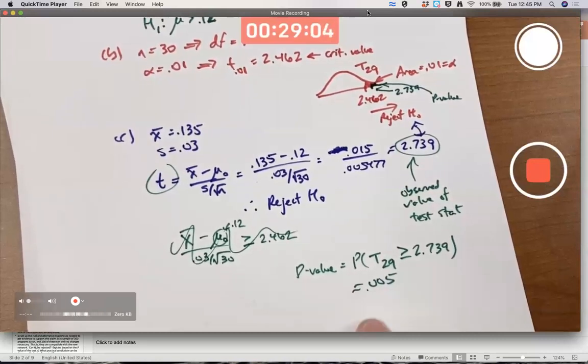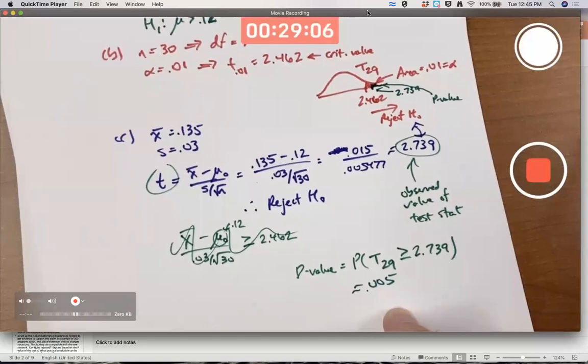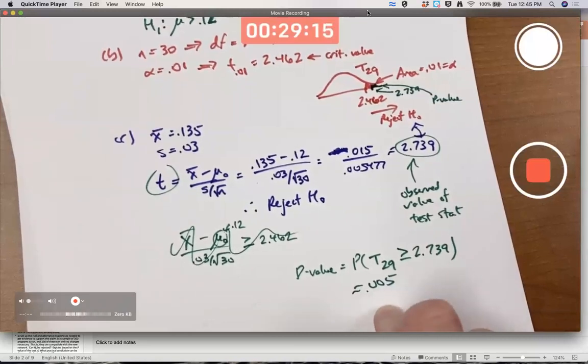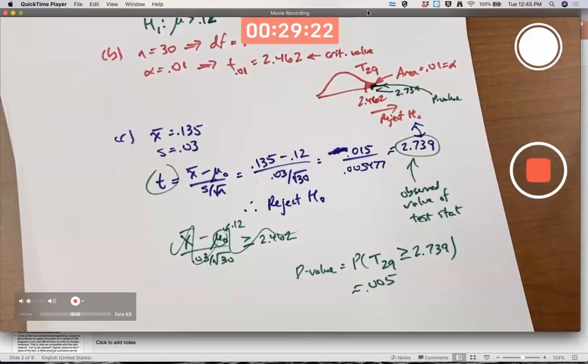This is the probability of observing data and test statistics as extreme or more extreme as what we actually observed if we assume the null is true. We have observed something rare if the null is true. Since it's so rare, when the null is true, we say the null is false. Is it a guarantee the null is false? No. The null might be true and we just observed something rare. We might make a type 1 error, but there's a small probability that we made a type 1 error.